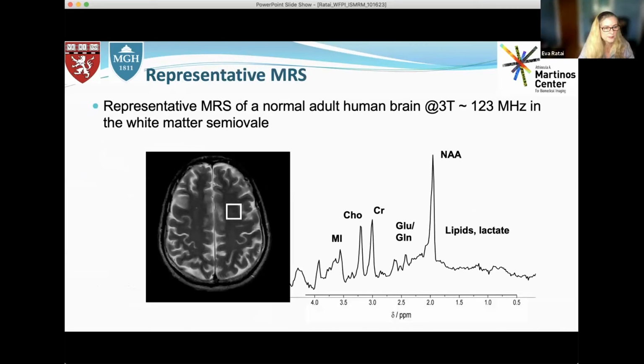So here's a representative spectrum of an adult human brain. So the highest peak is,